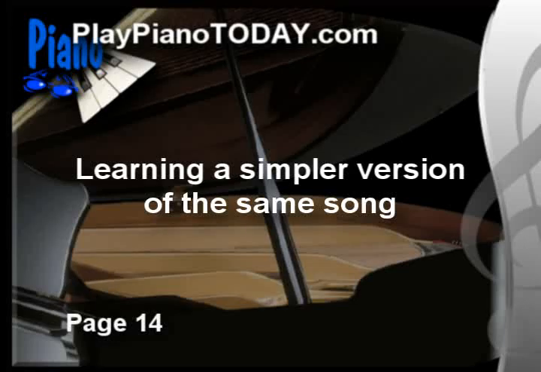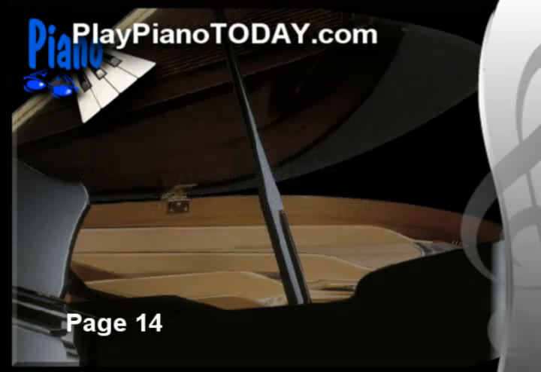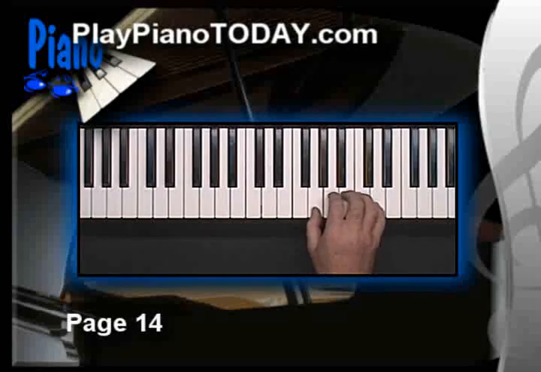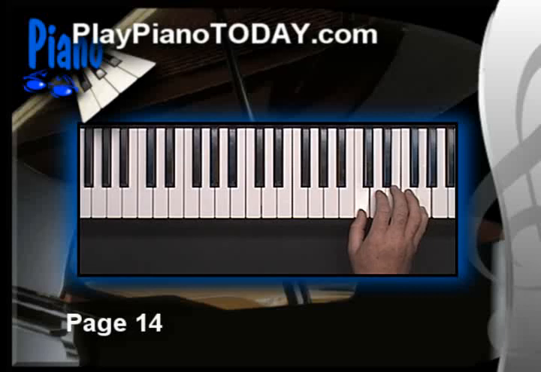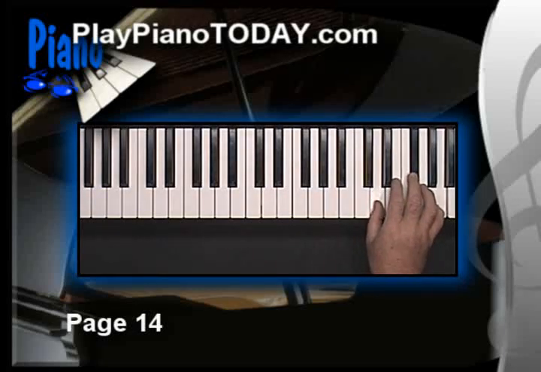Let's take a look at the song. Now, you'll see major chords and minor chords in this song. For instance, the very first chord is G major, right? And then you see a C major. You know how to find those by now. And then down in the third line, you see D major at the end of the third line there. Okay, so you know how to find those chords.